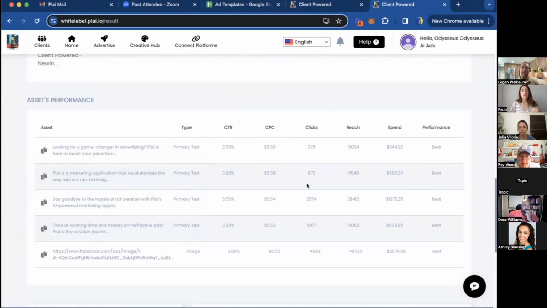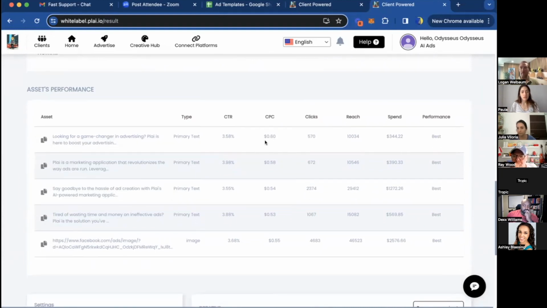So we broke it out, and you can see the budget shifts across all of these right here. So this is in all of your accounts. It doesn't have to be a new ad. If you check out some of your past ads, you'll see this asset performance breakdown right here. You don't necessarily need to remove a certain headline or primary text, but if you wanted to, this can help you.